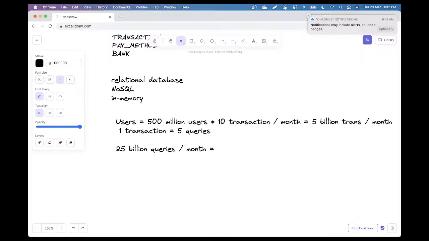And let's convert this to queries per second, right? Because that will give us an idea of how many queries per second will be required. So this is 25 billion divided by 30 days, and 30 days means 30 into 24 into 60 minutes into 60 seconds,